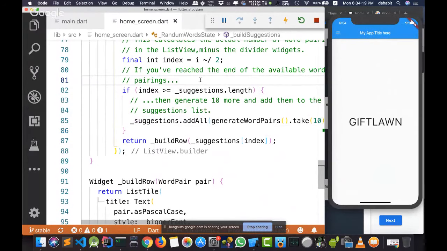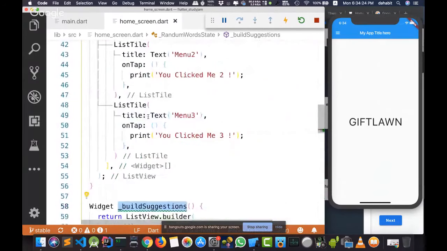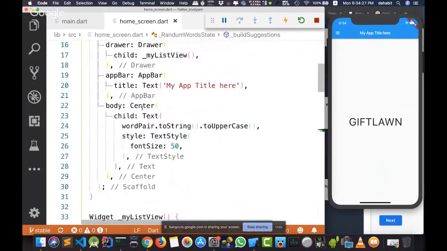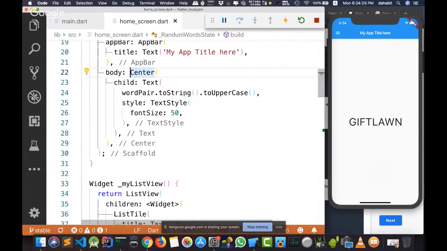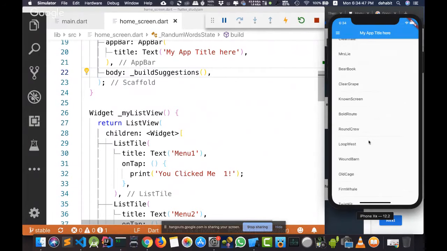Because I didn't ask Flutter to do that. How can I ask it? I'll go to the scaffold widget and say, instead of displaying this center widget and this text, I'll remove all of this code, and I'll ask it to execute this build method. As you can see, just when I pressed Command S or Control S, we now have a full auto dynamic list. When I am scrolling here, I can see that more items appear every time I scroll.